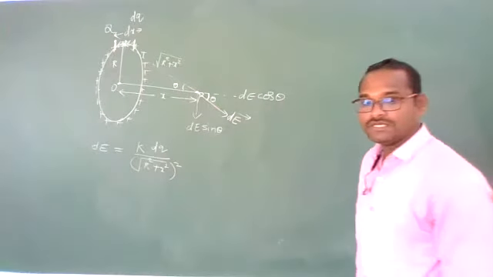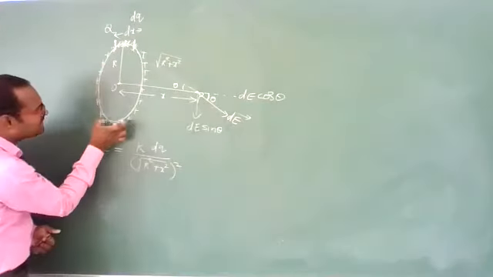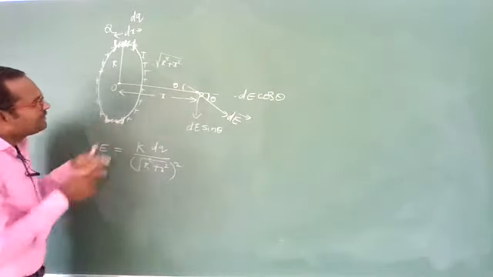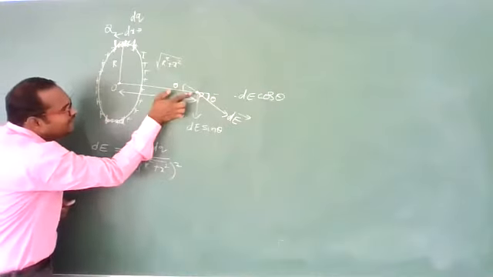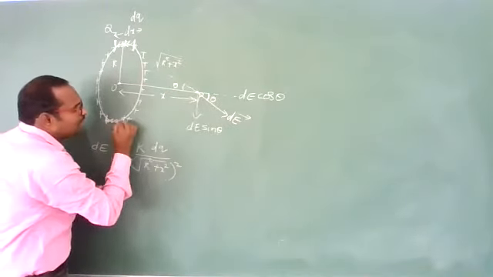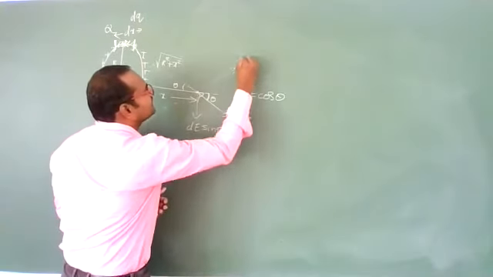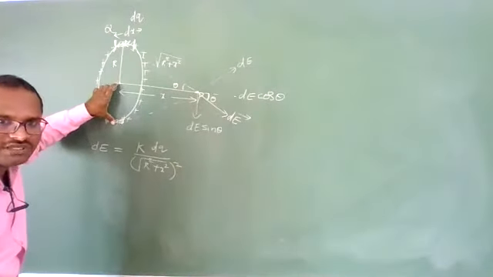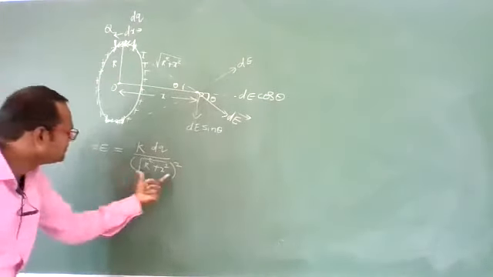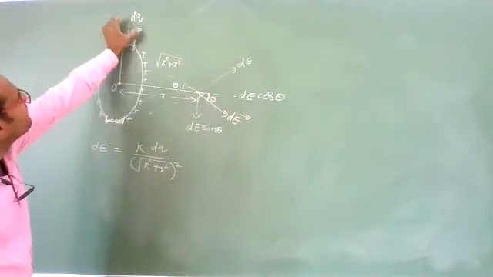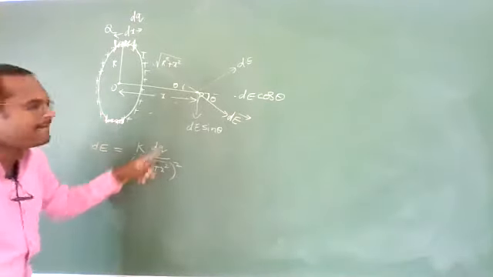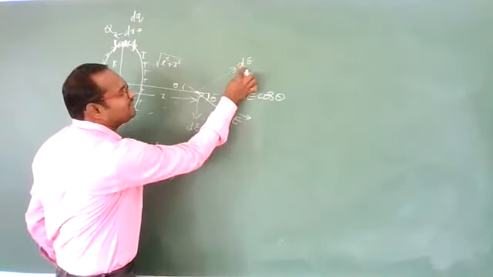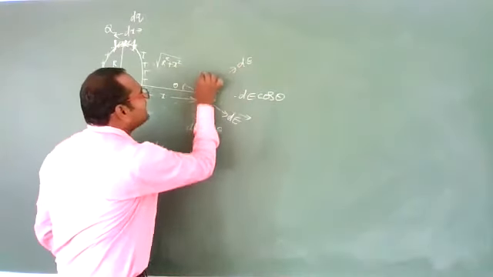Now take the exactly opposite strip, the one down below. This strip will produce an electric field at this point in this direction. That is also dE, because the distance x and the radius R are both equal, so this distance is also equal, and the charge will be dq of the same elementary length dx. So the magnitude of dE will be equal. If it is theta, then this dE can be resolved into dE cos theta this side and dE sin theta this side.